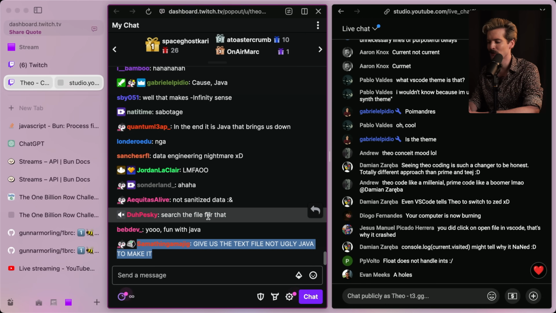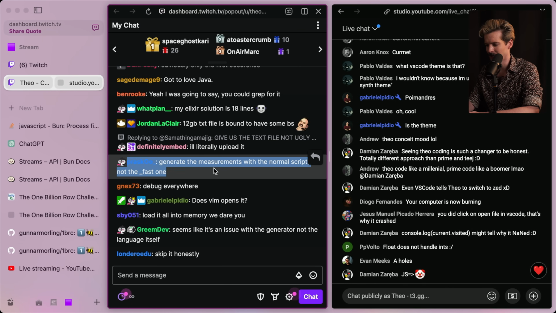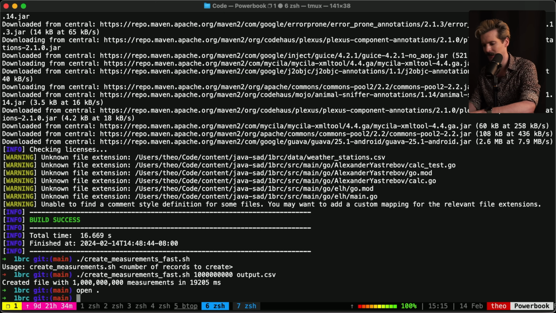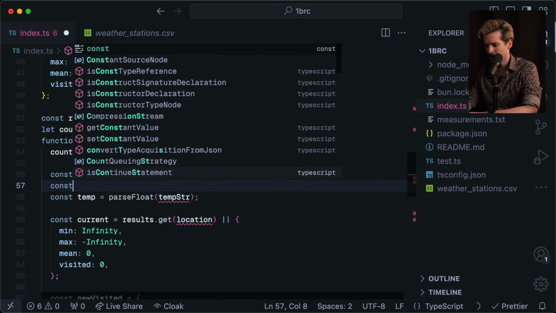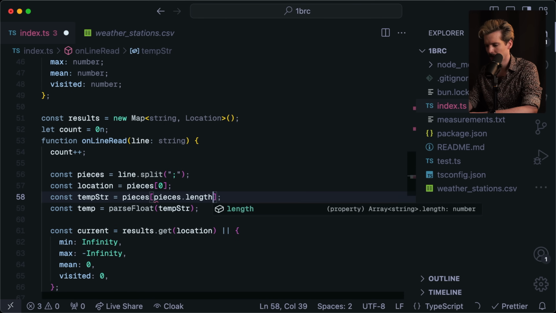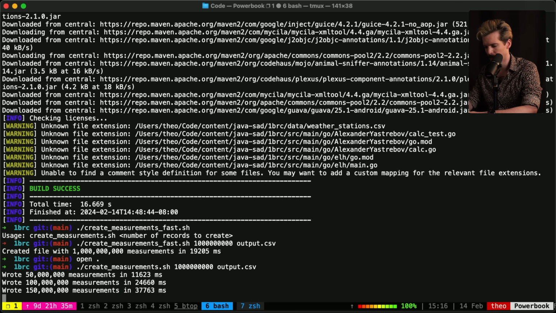Search the 12 gig text file. You generate. Okay, I'll regenerate with the normal script. Cool. We'll do that in the background while I come up with some other hacks as we go. Pieces, const location equals pieces 0, pieces.length -1. Yeah, this initial test data is just trash garbage. Cool. That's the issue. But this is as much of an issue because this is going to take an hour